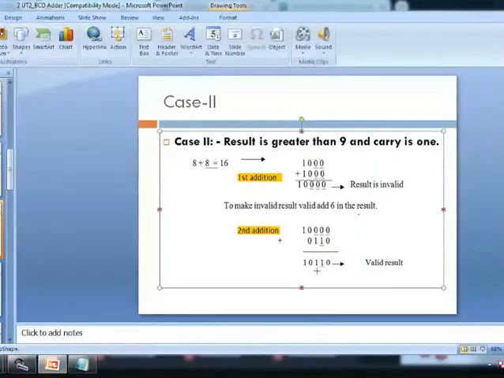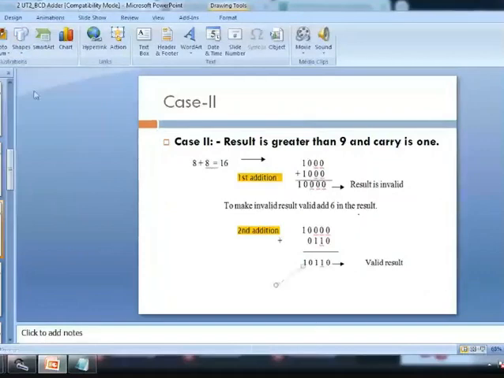So 1 and 6, that is the required answer.